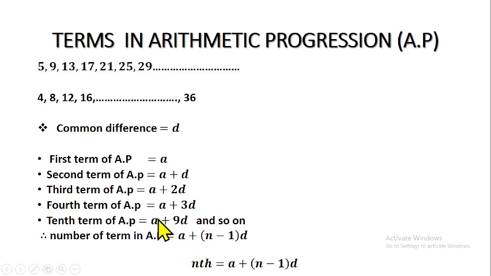So if I'm looking for the 20th term now, that will be 20 minus 1, that will give us 19. So the 20th term of an AP will be A plus 19D. That's how I got what I said the other time. So if I ask you now, what is the 25th term of an AP? Let me give you 2 seconds to figure that out. What is the 25th term of an AP? Do you know that? That is A plus 24D.